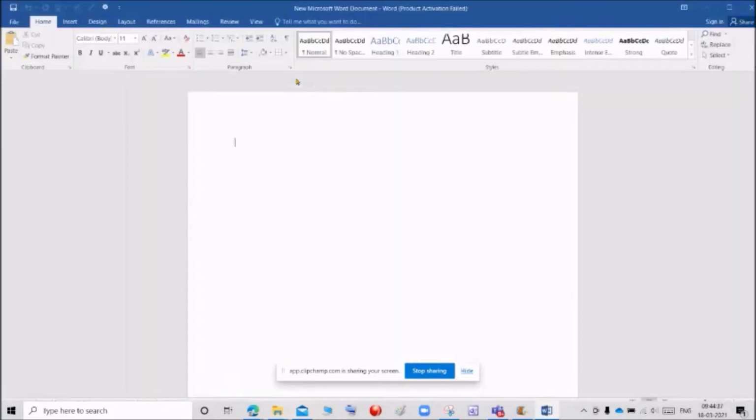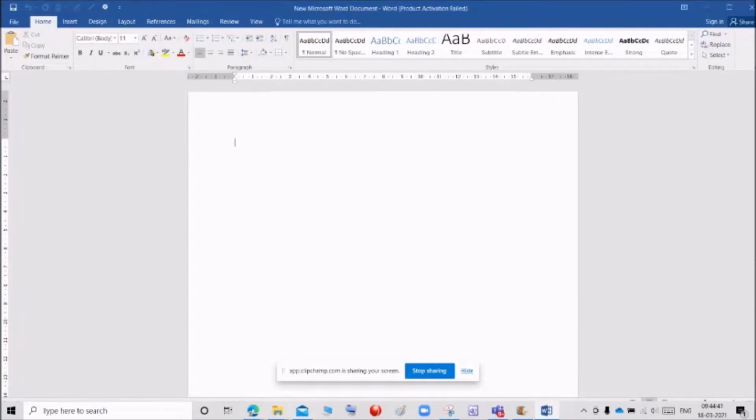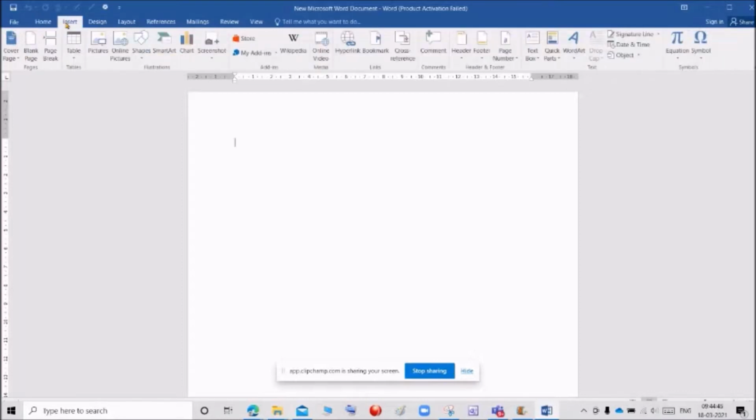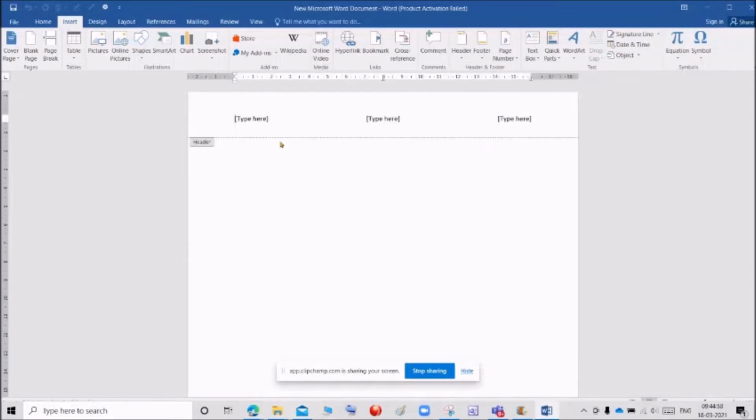Once the document opens, we want to enter the header. Go to Insert, click Header, and go for Blank 3 Columns.